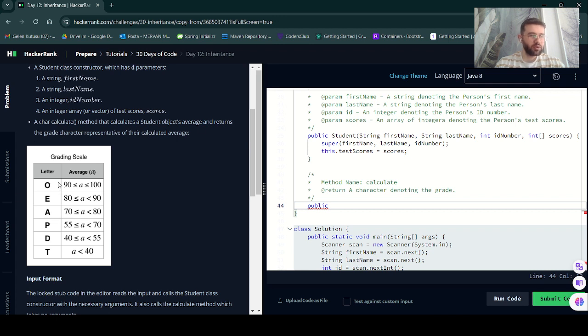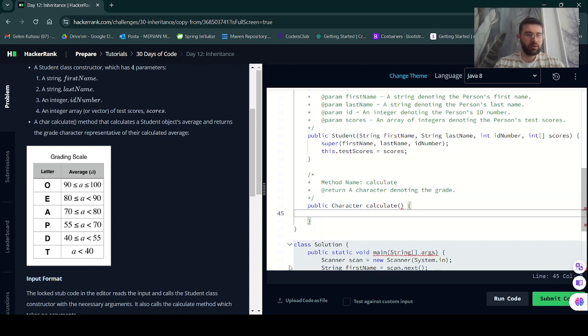So at first it will calculate the average, and according to this average, it will give a character, and then we have to return the character. So the type is going to be char, and the name is going to be calculate. Okay, we don't have to provide anything for this method,